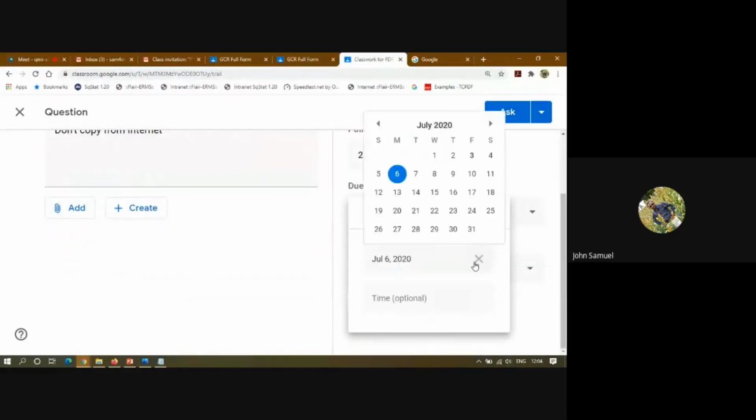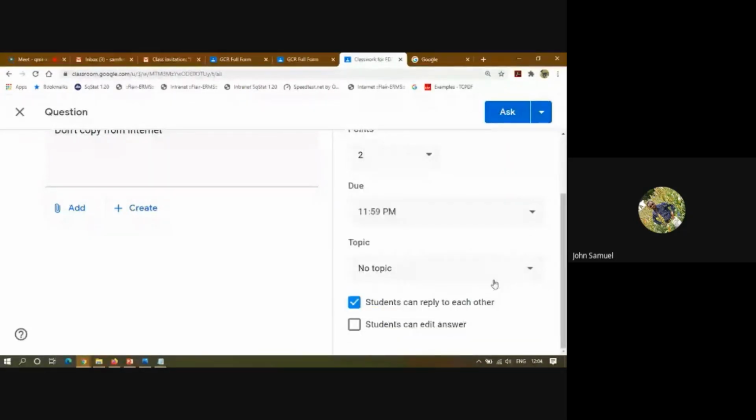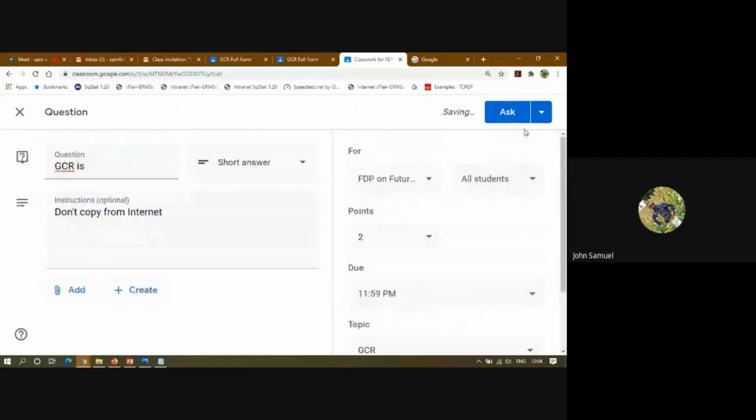So I'm selecting the due date as today midnight, right? And the topic, GCR. See, student can reply to each other and student can edit their answer, which we actually don't like as a teacher. So I take the tick marks off and I ask. So this is the thing which I already did.